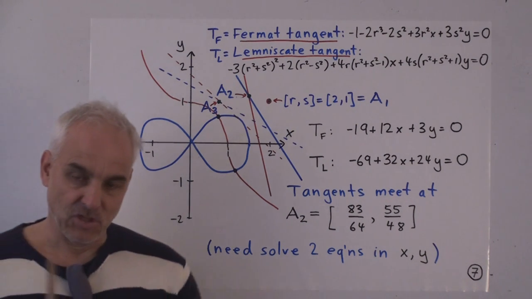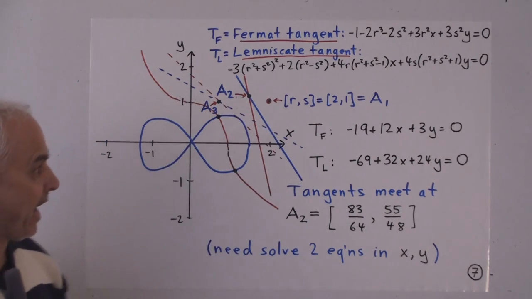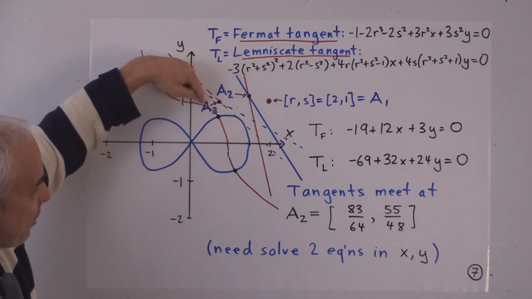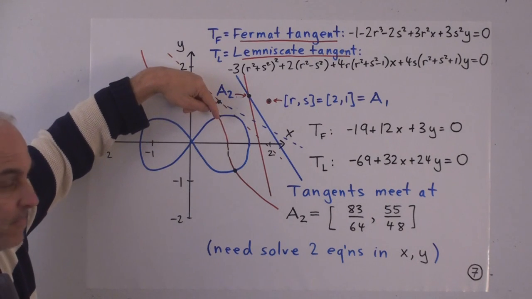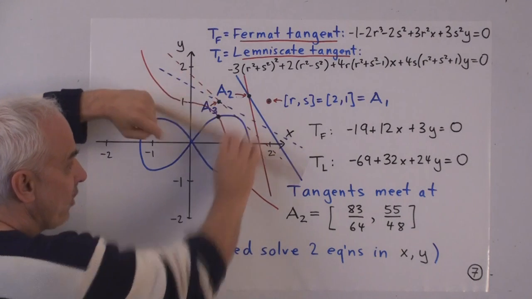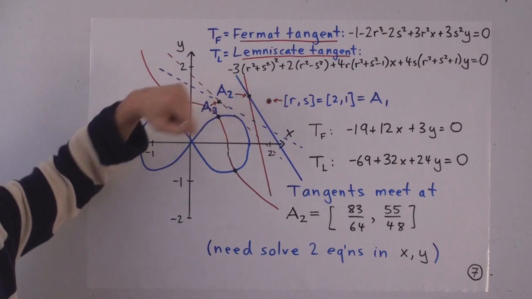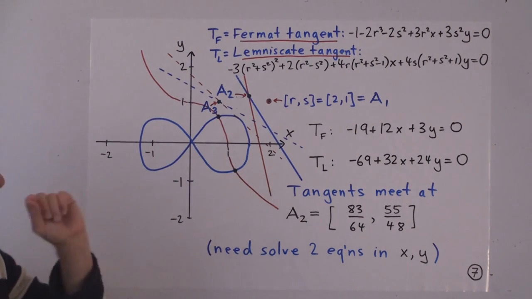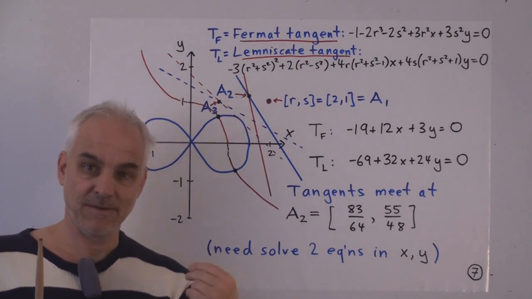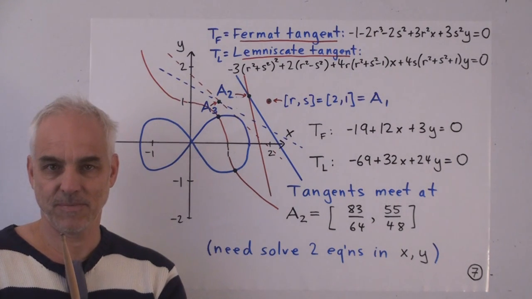Okay, so we've got these two tangent lines corresponding to this point, and if the point actually here was pretty close to being where these two curves meet, then these two tangent lines would be pretty close to being tangents at the two curves, and where those two tangents meet would be a pretty good approximation to actually where the curves meet. So our strategy is to use where the two tangents meet as our next approximate point of intersection.